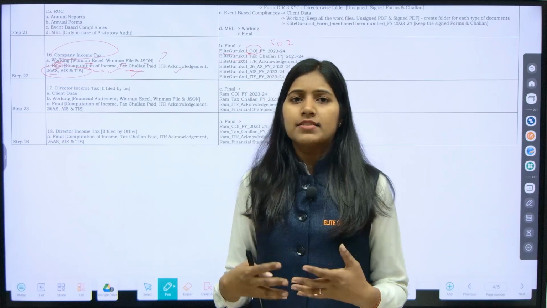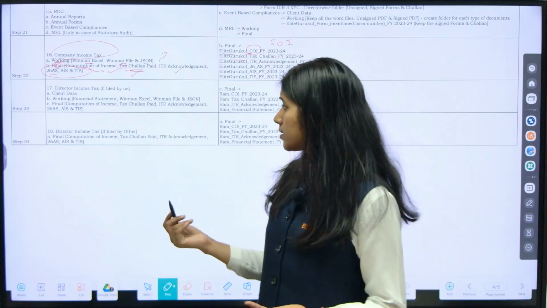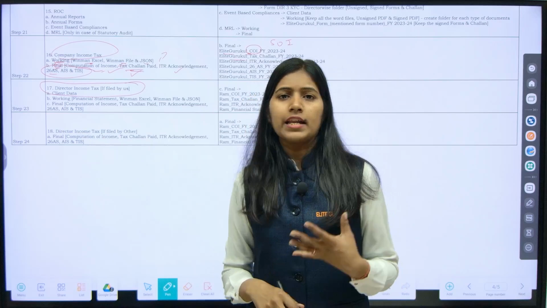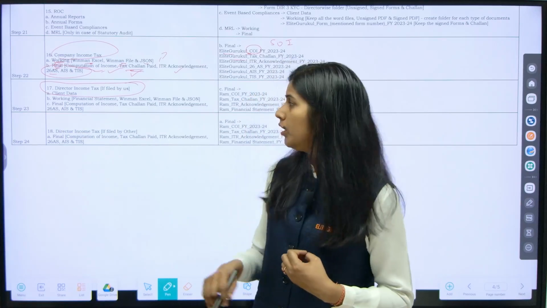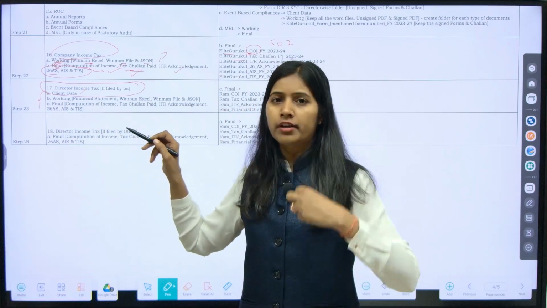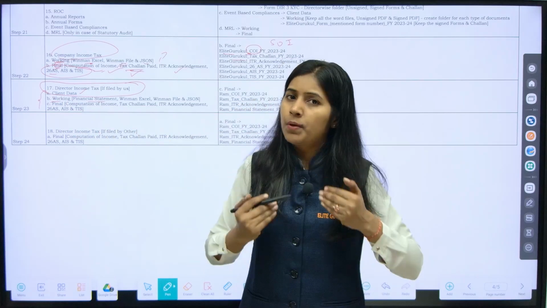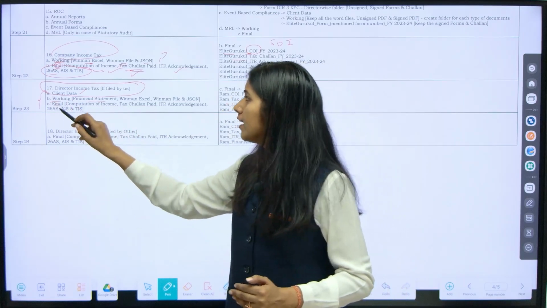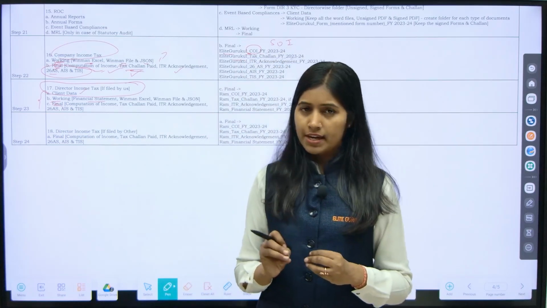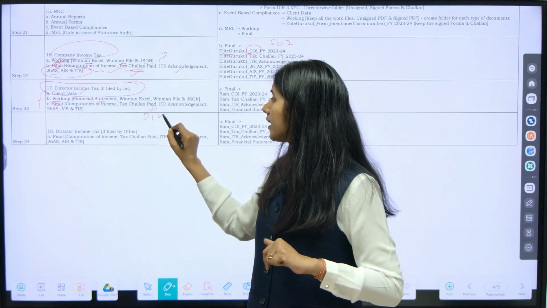Once the company's ITR is done, we also have to look into the director's ITR. Whether directors are filing their ITR? Yes, they are supposed to file. So here what you have to check: if the director's ITR is filed by us, that is filed by Elite Gurukul, then these folders you have to create. Client data, because the director will give certain information to us. Working, which we prepare for the company, we are going to prepare for the director also. And the final, which documents we have kept as final for the company, those documents will also form part of the director's folder. So this is not the company's document which you will keep here. This is with respect to the director only.